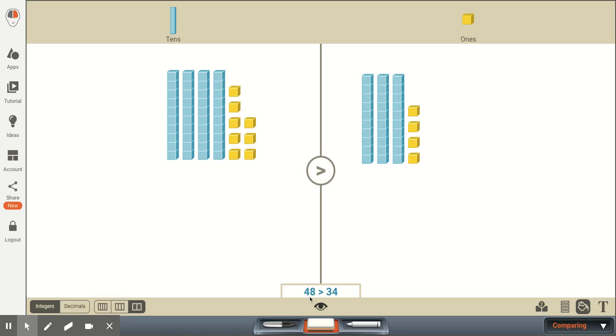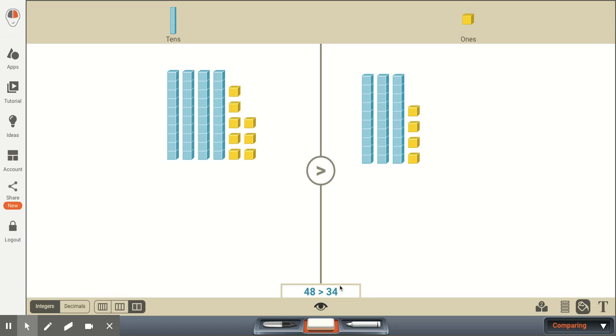Here I have the numbers 48 and 34. And what I've done up here is I've placed base 10 blocks to represent these numbers. Hopefully over time, students won't need to be looking at these base 10 blocks and will just internalize it, so that when they see the number 48, they know that the 4 is in the tens column, and that represents 4 bundles of 10 or 4 groups of 10. And this 8 represents 8 ones. But this is a visual representation.